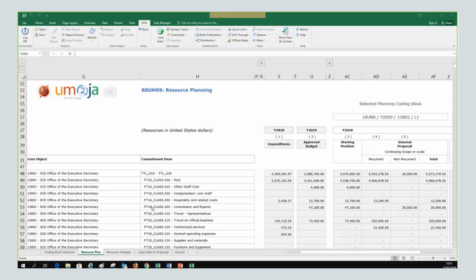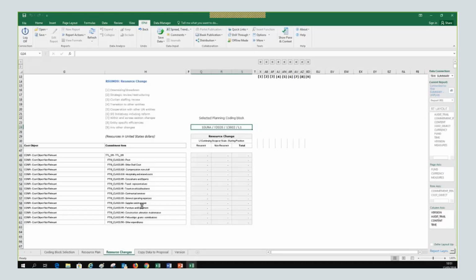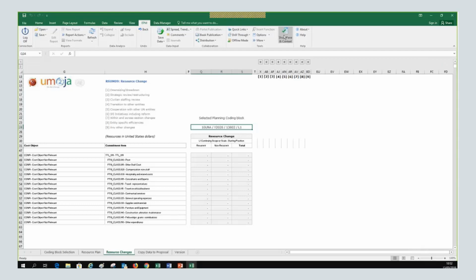Very good, thank you. So I can move to the next tab, and this one is very complex. The resource plan one is important and it's very straightforward. Now the second tab that is called resource changes, it is not straightforward. It's a bit cumbersome, so please make sure you pay attention because you may face challenges when you're practicing if you don't get this one.